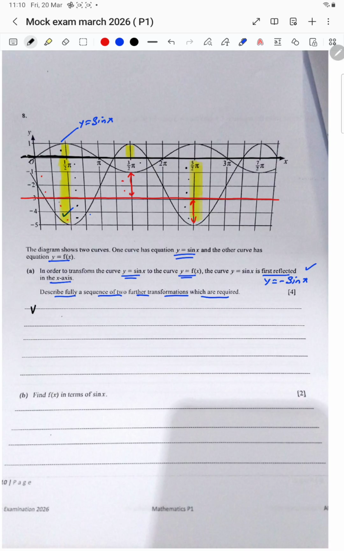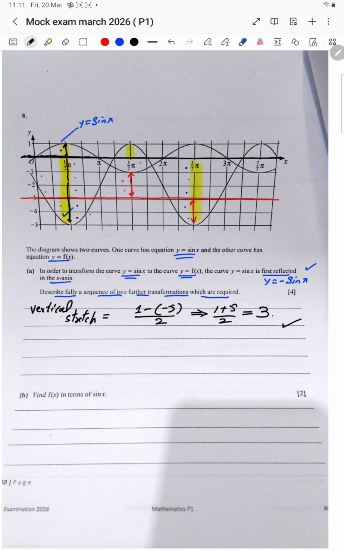So vertical stretch as it is downward, we can say the maximum amplitude upward was 1 minus the downward -5, divided by 2. I get 1 plus 5 by 2, that is 6 by 2, which is 3. So a vertical stretch with stretch factor 3 has taken place with this function, because originally you can see it was 1, and downward it has been stretched downward, so it's taken as negative. And second transformation, 1 mark,